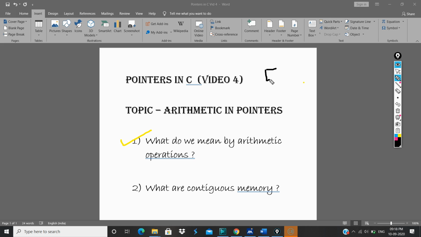Suppose I have 5 and I have 6. All right. So when you look at this statement, what are the things that basically capture your eye? One thing that captures is this. Other thing that captures your mind is this, and one more thing is this.